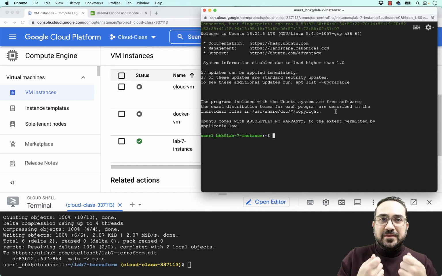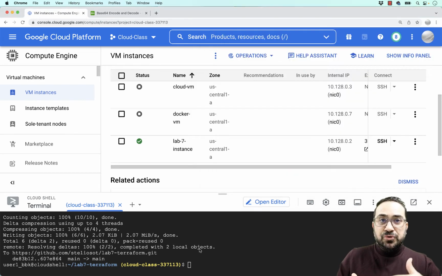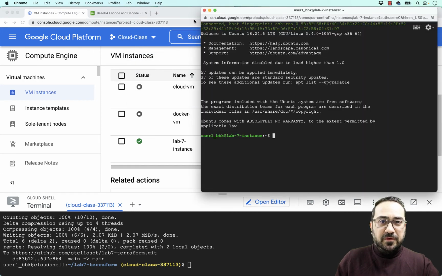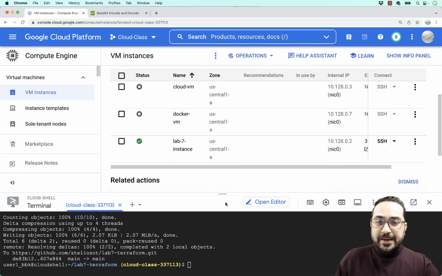The task was to start a new virtual machine. As you can see, my virtual machine is up and running. Okay, that's great. So if I need to create a virtual machine, I just have to run a git push to my repo, and then I will create a virtual machine. Now, I don't really need this window anymore, so I will just close it, and I will proceed with the